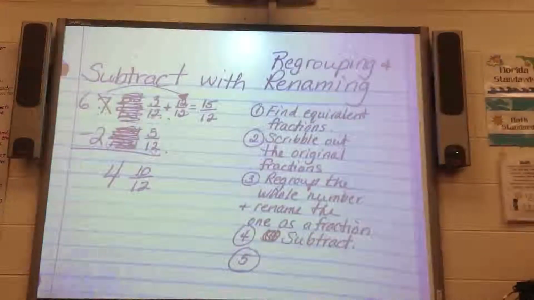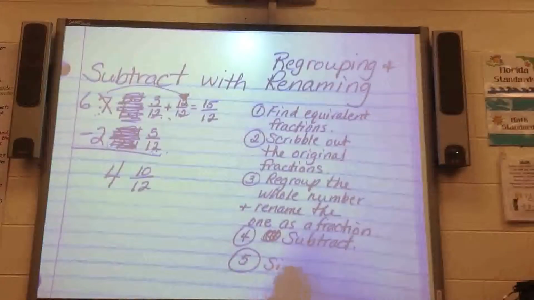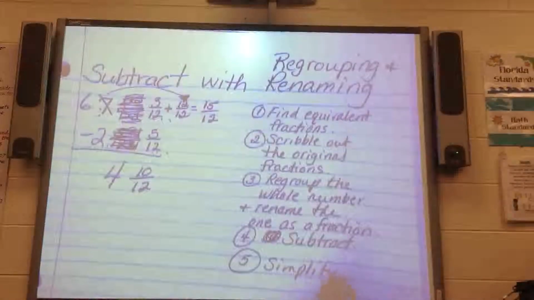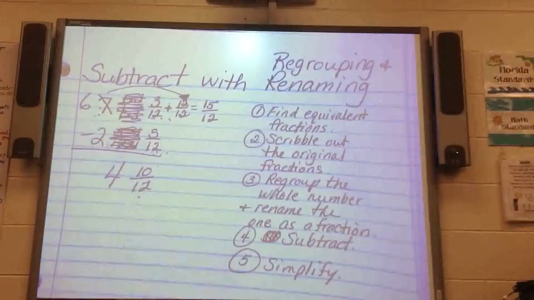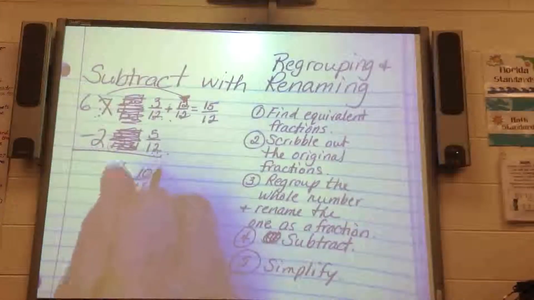I now have to simplify. And in this case, to simplify, that simply means you have to look at your fractional piece, and you have to look for a number that you can divide evenly into the